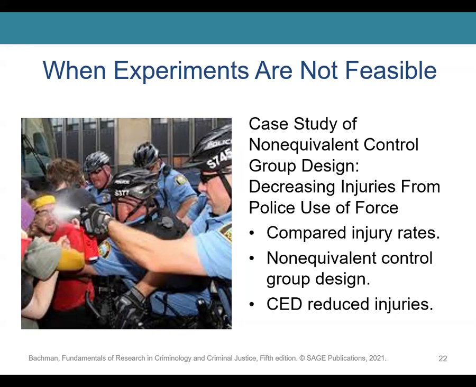The non-equivalent control group design was looked at as a quasi-experimental design in which there are experimental and comparison groups that are designated before the treatment occurred, but are not created by random assignment. They compared injuries of the